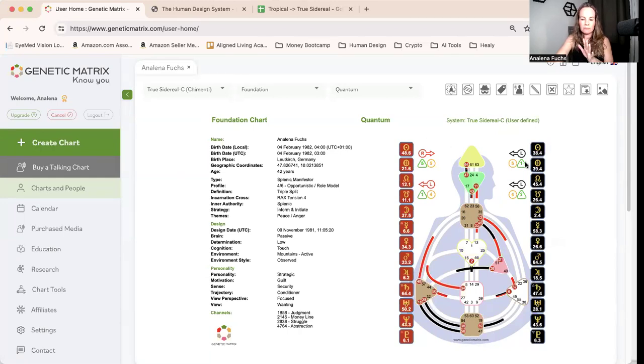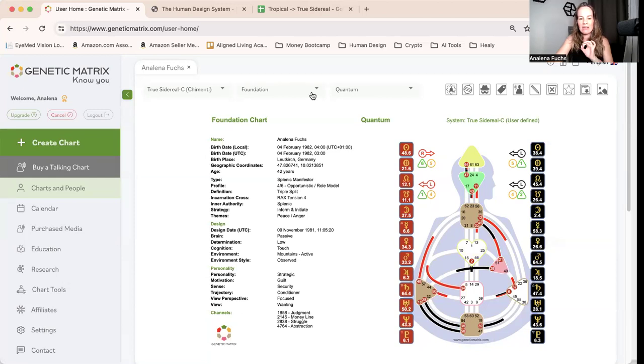Now, this is not my correct true sidereal chart because this is for the current year, 2024, as if I was born in 2024. This is my non-splenic manifestor. So it's still very similar to my other chart. It's just that gate 21 is now defined here, and I have an undefined zero. So actually a lot changed, because there's over half a degree difference between what this number was for the year 1982, okay? This is a little bit advanced, but those of you that have been following me along in my other YouTube videos, I think you know what I'm talking about.